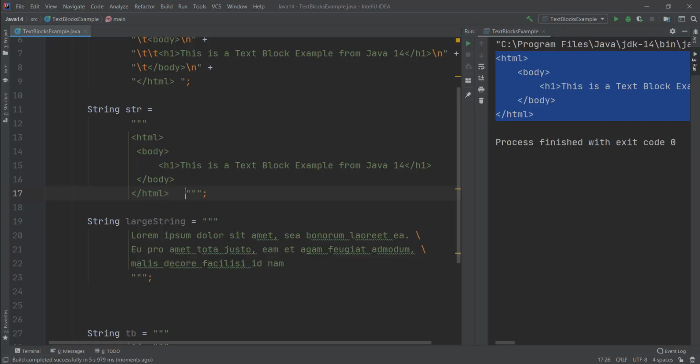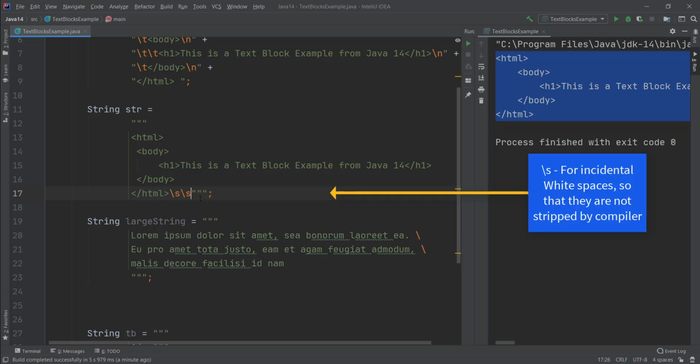If I want 3 white spaces after html, I can use the incidental white spaces feature of Java 14. How can I add 3 incidental white spaces? The solution is with backslash s. Backslash s is translated to a single space, and if you want to prevent stripping of trailing white spaces, you can add backslash s.